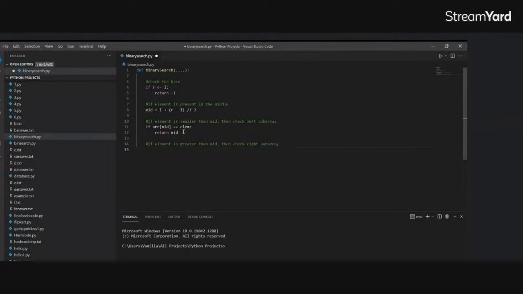Sorry, one second. We need to calculate the middle. So if the element is found in the middle, then we can just say element found in the middle. Else, what we can do is,